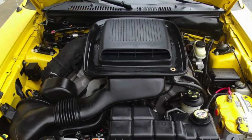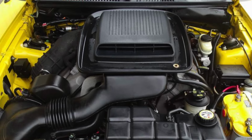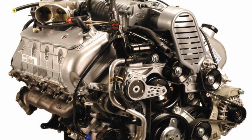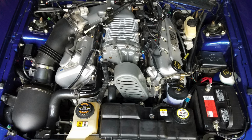Exhaust manifolds were port-matched to the heads, and unique mufflers were fitted to give the Mach 1 a unique sound. Introduced during 2002 as a 2003 model, the SVT Cobra now came fitted with a Terminator V8 displacing 4.6 liters